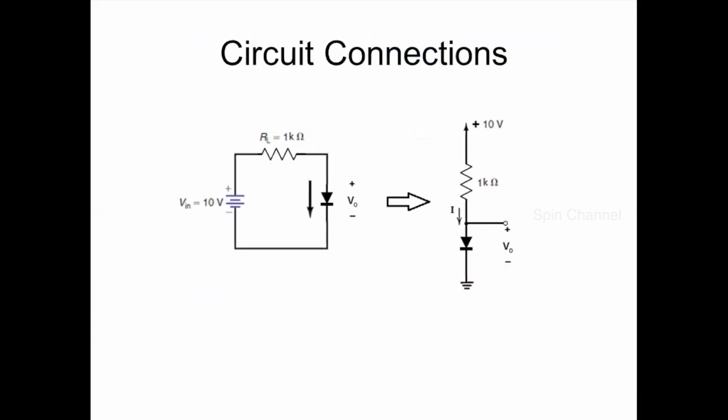Now let us see a couple of circuit connections. This is one way of representing the circuit. A closed circuit on the left-hand side is represented by the supply voltage 10 volt with an arrowhead here, followed by a resistance, then followed by a diode, exactly the same way as it is connected in the closed circuit. And the output is taken from the anode of the diode. So here again it is taken from the anode of the diode. In the forthcoming slides, we'll be using the circuits only in this sort.